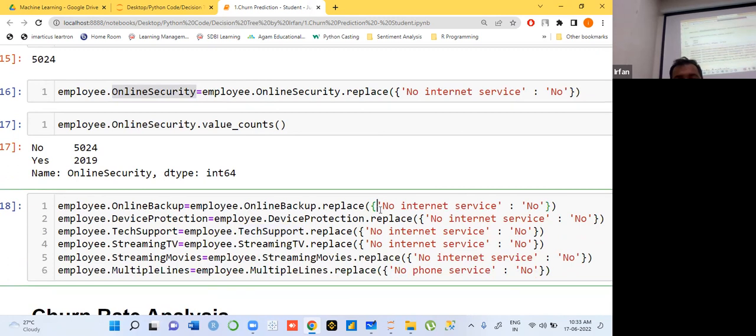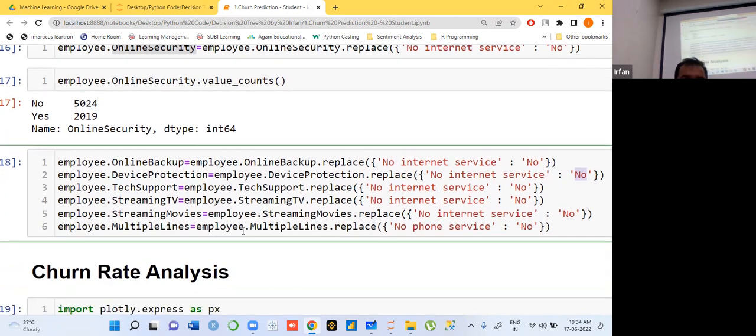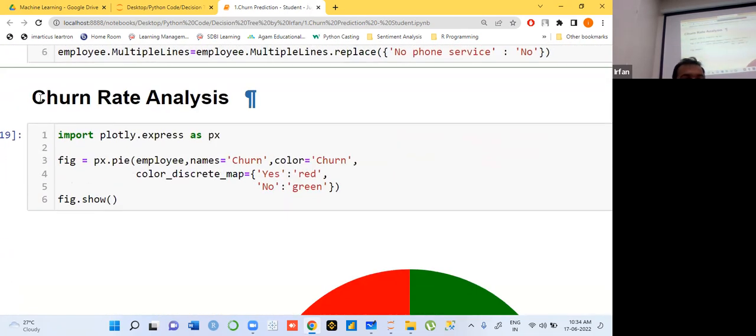So wherever there is no internet service written, I'm replacing with no. Clear. I just want to make my data ready for analysis. This code is the same, everything is the same, I just change the column name, nothing else. Next we have